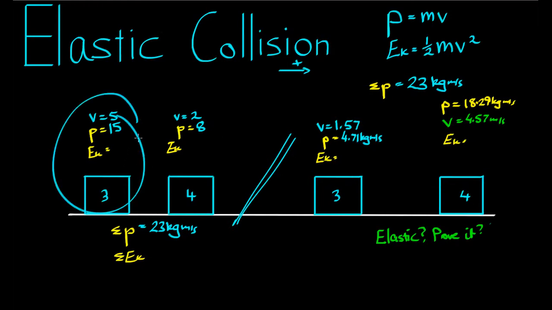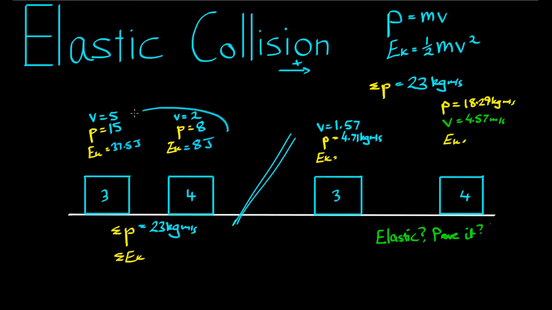The kinetic energy of this block here is 1/2 times m times v squared. So that's 0.5 times 3 times 5 squared, or 37.5 joules. Always work in meters a second and kilograms. The kinetic energy of this block is 0.5 times 4 times 2 squared, which is 8 joules. So the combined kinetic energy of these two blocks is equal to 37.5 plus 8, which comes to 45.5 joules exactly,